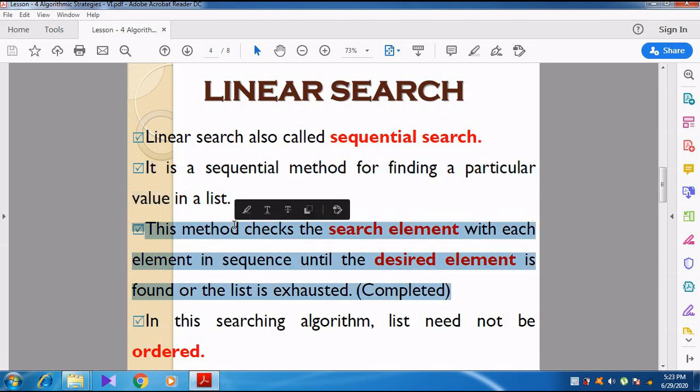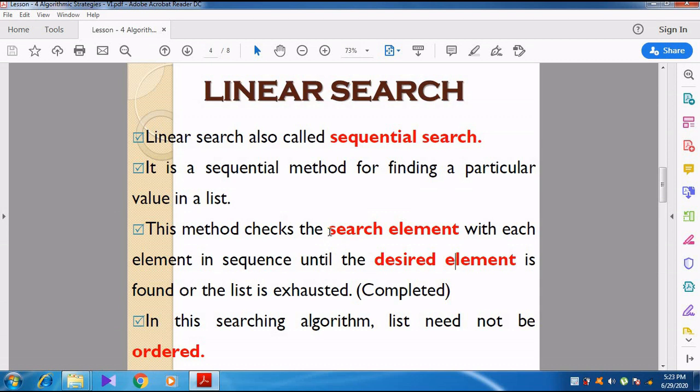This method checks the search element with each element in the sequence until the desired element is found. So what is meant by search element and what is meant by desired element?